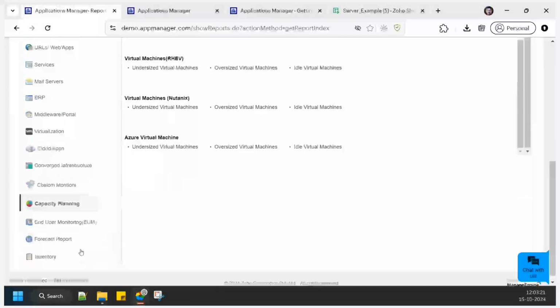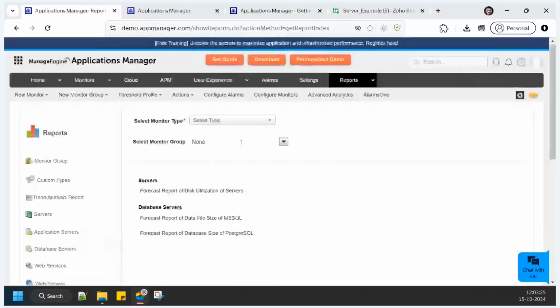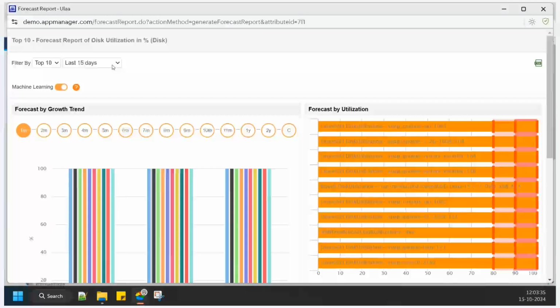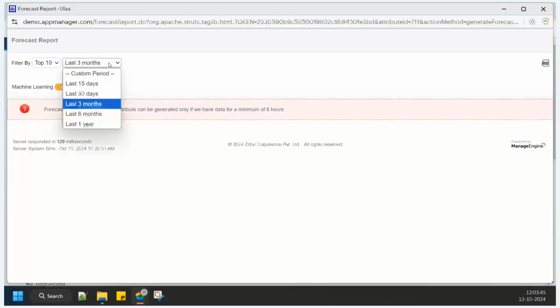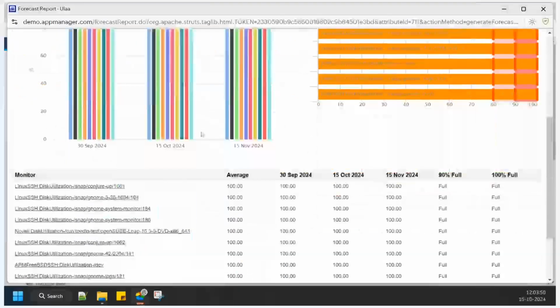And the next thing is the forecast report. With the help of this forecast report, you can predict the value of a particular attribute. Let's take the disk utilization of servers. Based on the last 15 days, or to have a proper forecast value, you can go with the last 3 months or last 6 months. Based on the values that have been fetched, it will tell you what the value will be in the next month. For example, on 15th November 2024, what will my